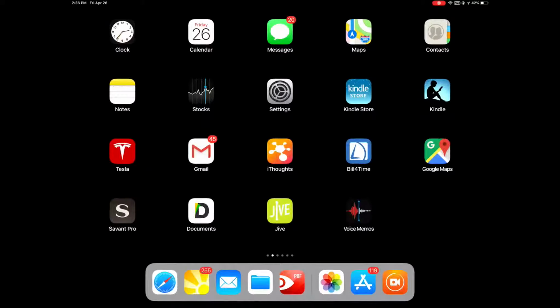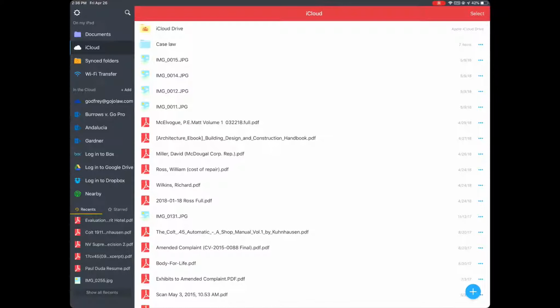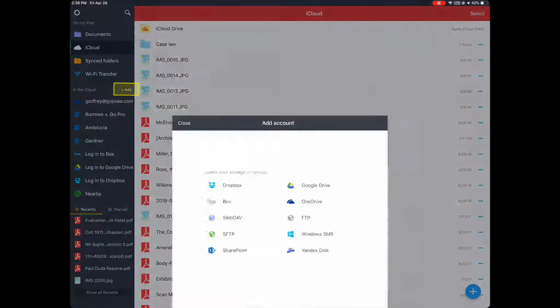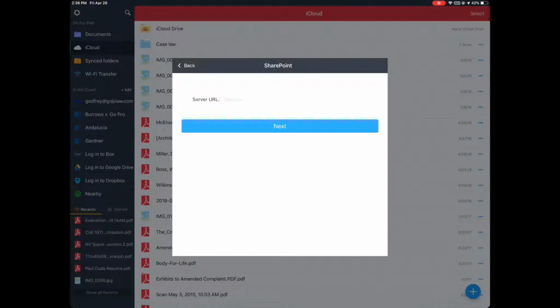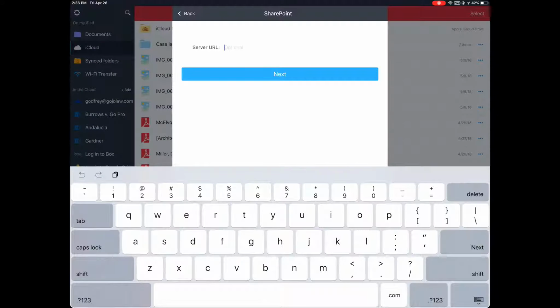Once I have it copied, I go back to PDF Expert, and under this section here that says in the cloud, I click Add. Then I click SharePoint. Then I paste the URL that I just copied, and I delete everything after the case